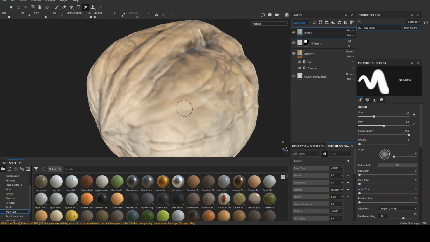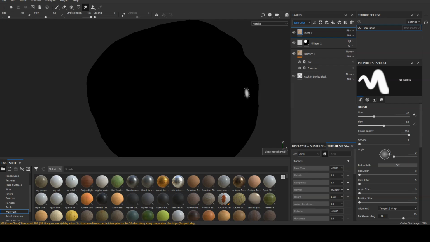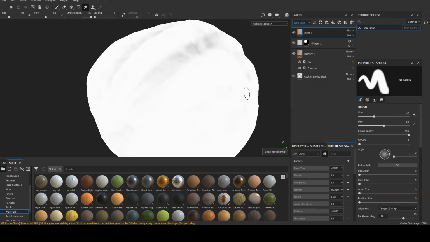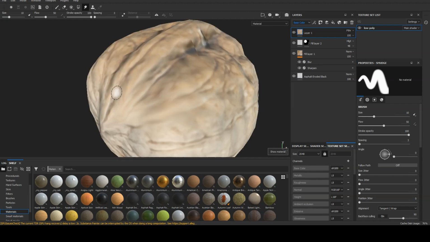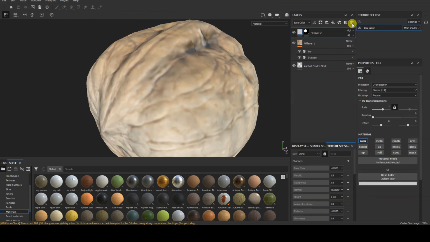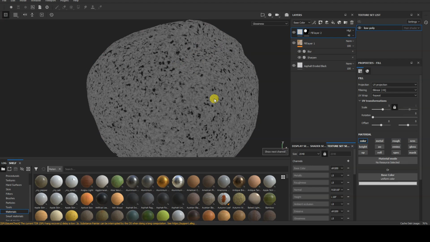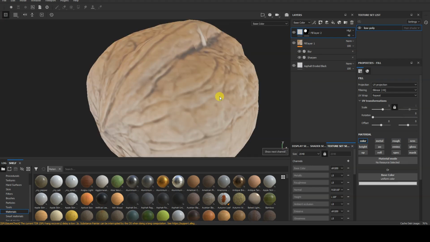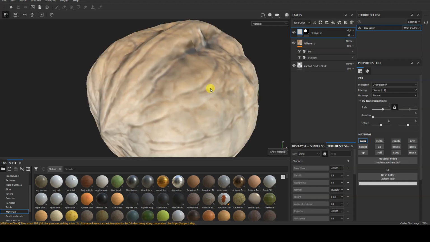So I select the smudge tool from the program's toolbar and start applying a few strokes here and there on the paint layer to show you the effects. A walnut shell is not the best choice for using smudge, because I want to preserve the details on this object, not blur them. However, I wanted to show you how to use this tool, as it might come in handy in other situations. Now, I will delete this paint layer to demonstrate how to use clone.